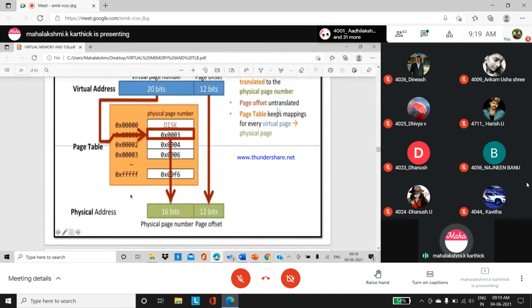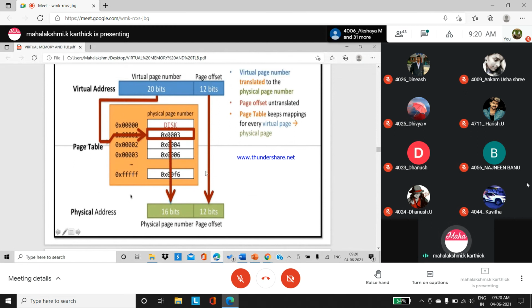Virtual page number translates to the physical page number. Page offset is untranslated, it will be the same only. Page table keeps mapping for every virtual page and physical page.